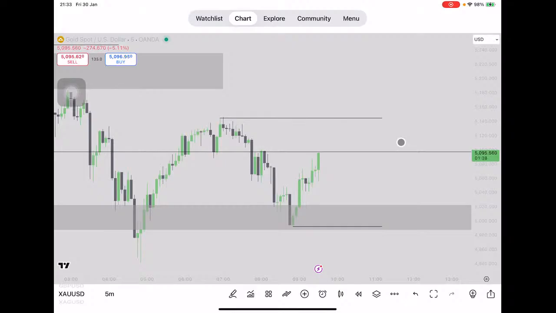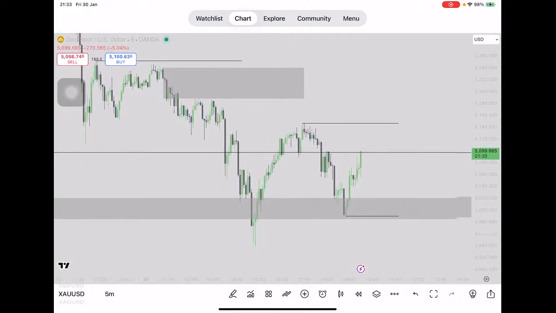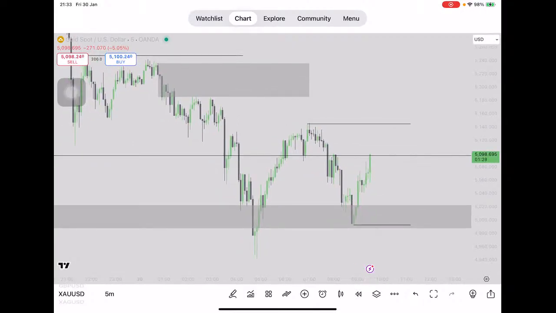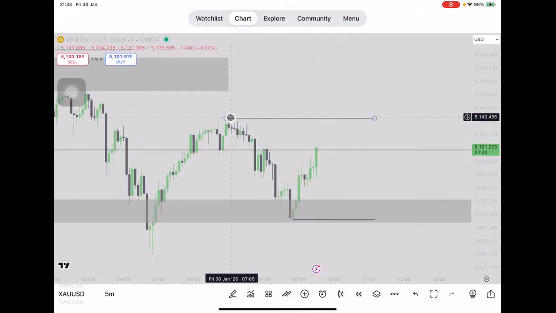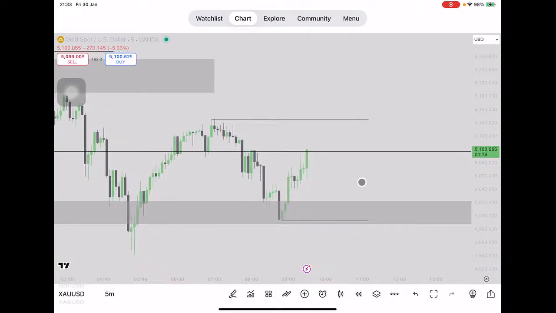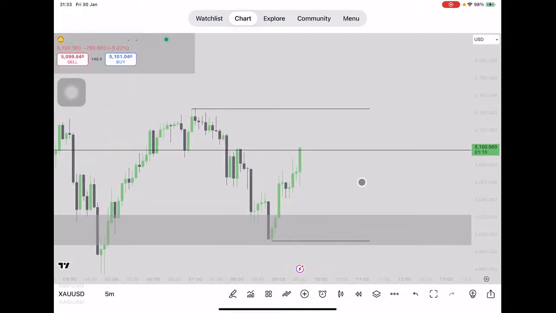So I'm looking at gold right now. It was a very crazy drop today. These two levels, this one up here and this one down here, this is really what I'm watching right now. We didn't really get a liquidity sweep on gold as yet. During the New York session, we had this bearish structure, but